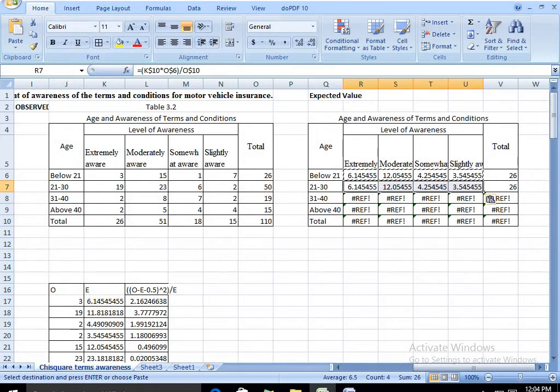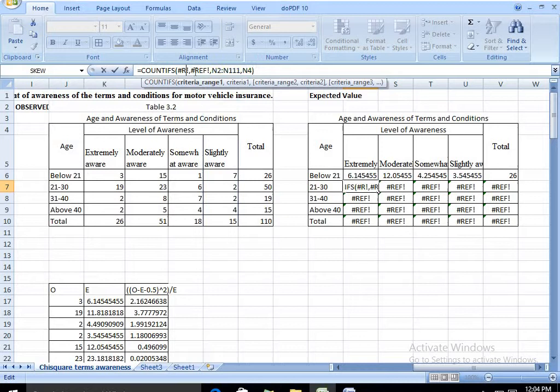One minute. You have to change here. It cannot be this, it has to be K7. Sorry, L10.